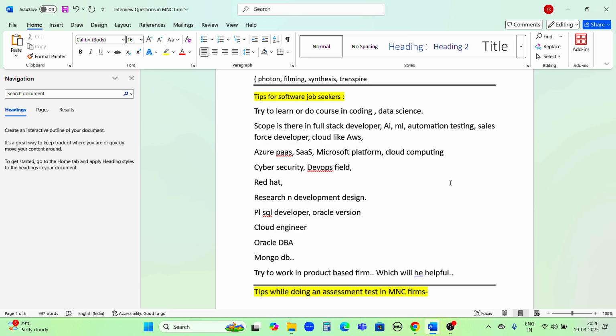Whenever you are guiding a person who is interested in IT, please guide them in a better way, because getting a job in IT is very challenging compared to a finance background, and people are literally struggling in the market. Even proper placement is not given in colleges, in any big MNC firms. So do complete research on whether placements are provided and what the cutoff percentage is, and study preferably in Bangalore city rather than in interior Mysore or